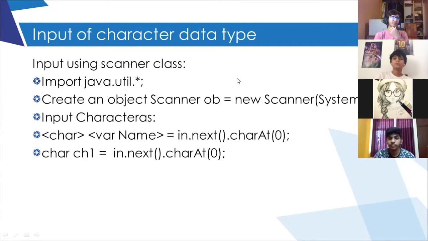Character variable name. This is the syntax: character variable name equal to in.next().charAt(0). This is the actual format of inputting the value. Here ch1 is the name of the variable in which whatever character value you input will get stored.